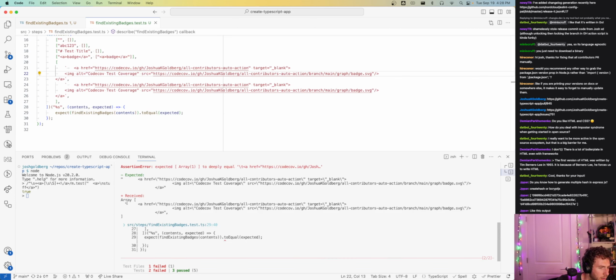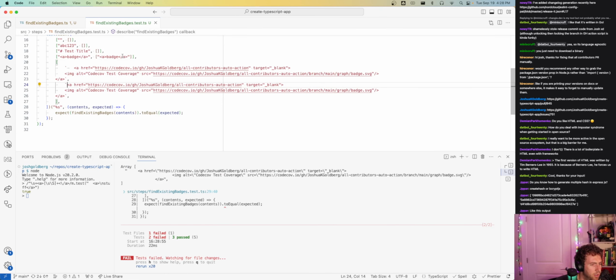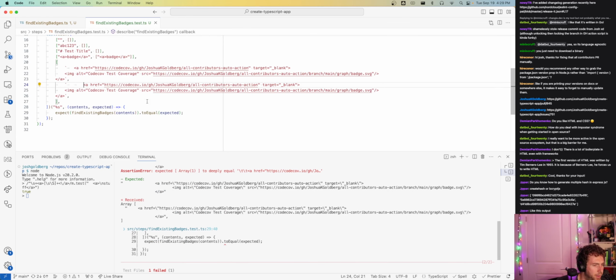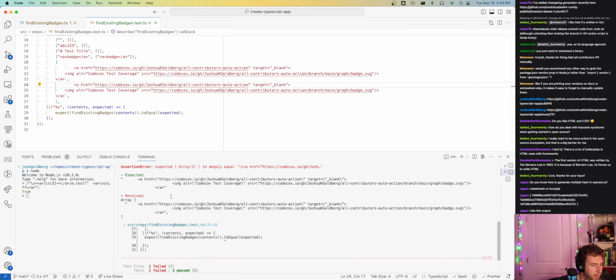Like, oh my god, is it this? No. Expected, received. Is there an extra tab there? No. So we expected it with a certain amount of indentation, and then what we received was,